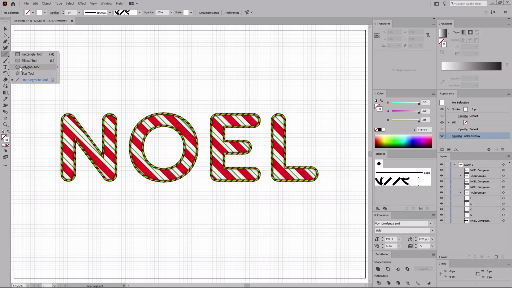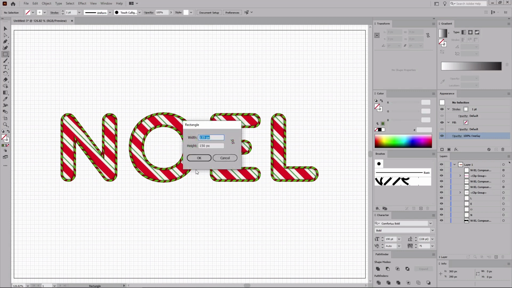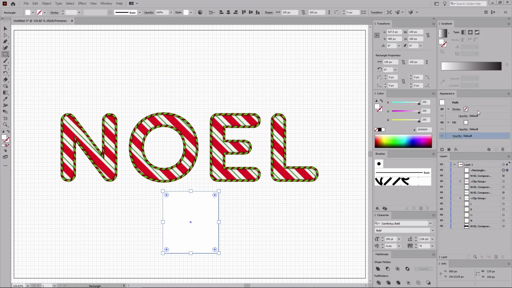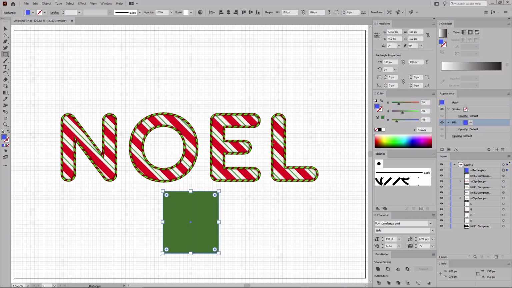Select the rectangle tool from your toolbar and simply click on your artboard to open this window where you can easily set the size of your shape. Change the width to 135 pixels and the height to 150 pixels. Click OK to create your new shape. Press Shift and X to swap the fill and stroke color settings. Select the fill and change the color to 65, 99 and 46, and then press Ctrl and plus a few times to zoom in on this new shape